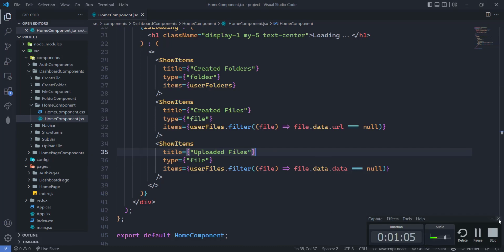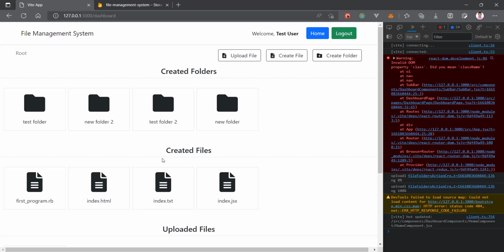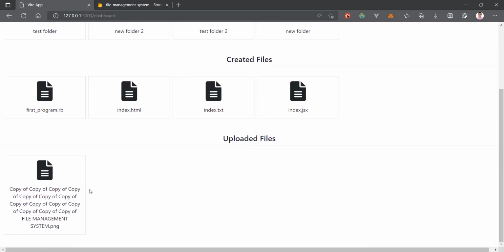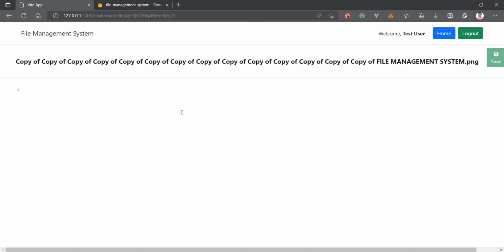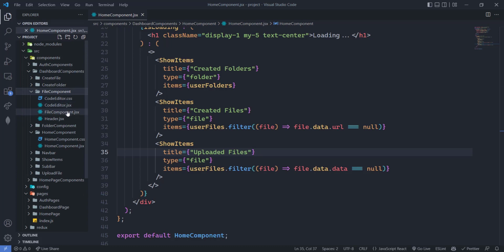So now when I am going here, so let's go here. Now you can see that we have this uploaded files as well. So we have this one uploaded file, but whenever user will click this, so we have this one for the uploaded files. But we don't need this one here. So let's first of all set up here, go to the file component